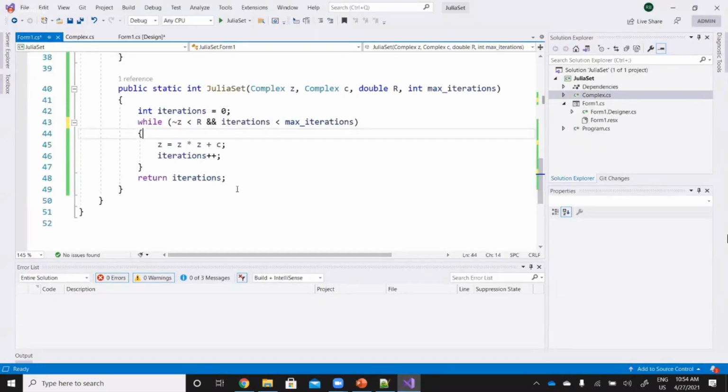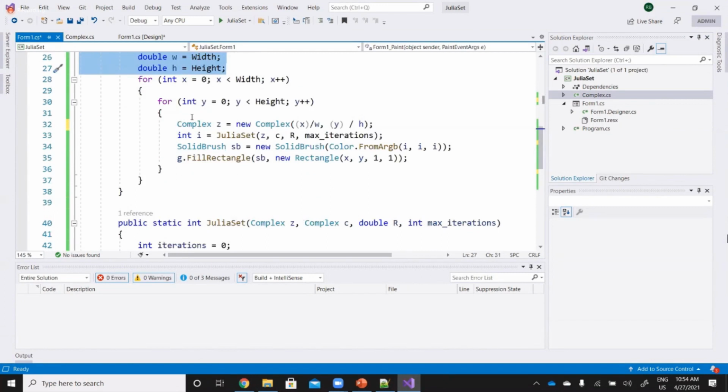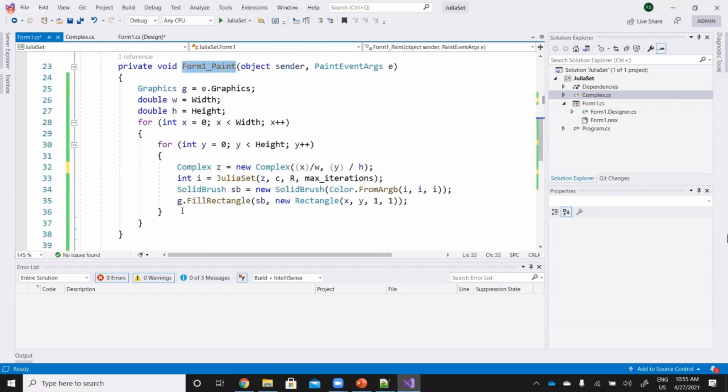It's the same method. Right? And also the only difference is I have just defined these parameters, and also I'm going through each and every pixel, 0 to width and 0 to height. I did this in the form paint because I am going to draw something. So what I am drawing is just one pixel, right? Each and every pixel from 0 to width, and the color I am selecting through this process, the Julia set process.